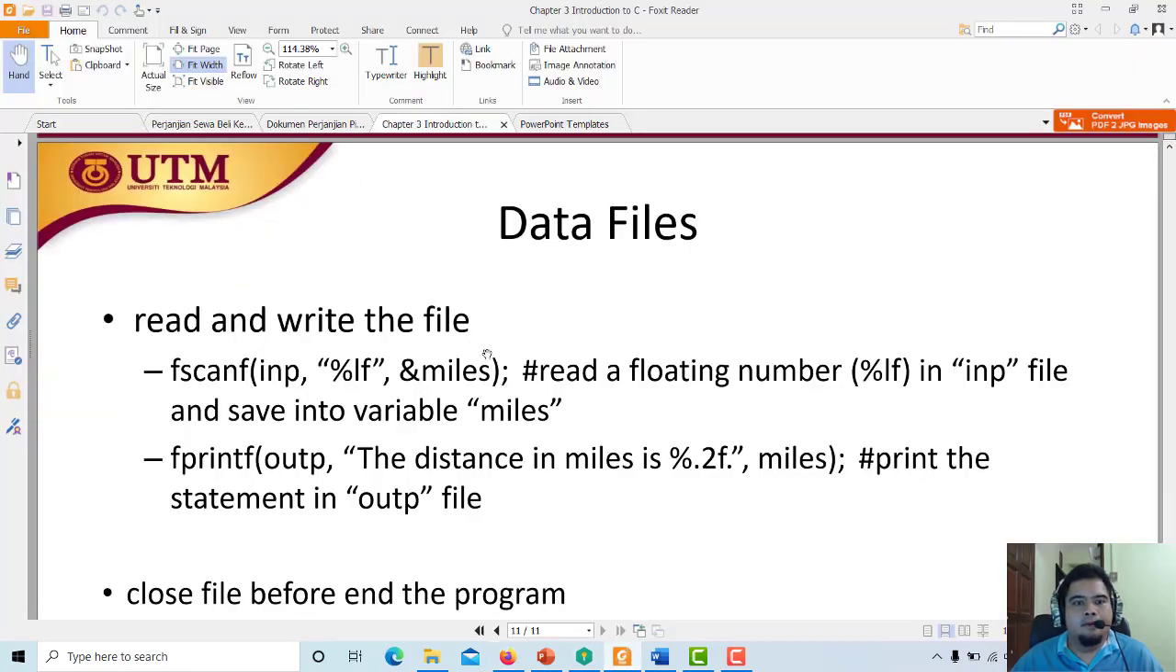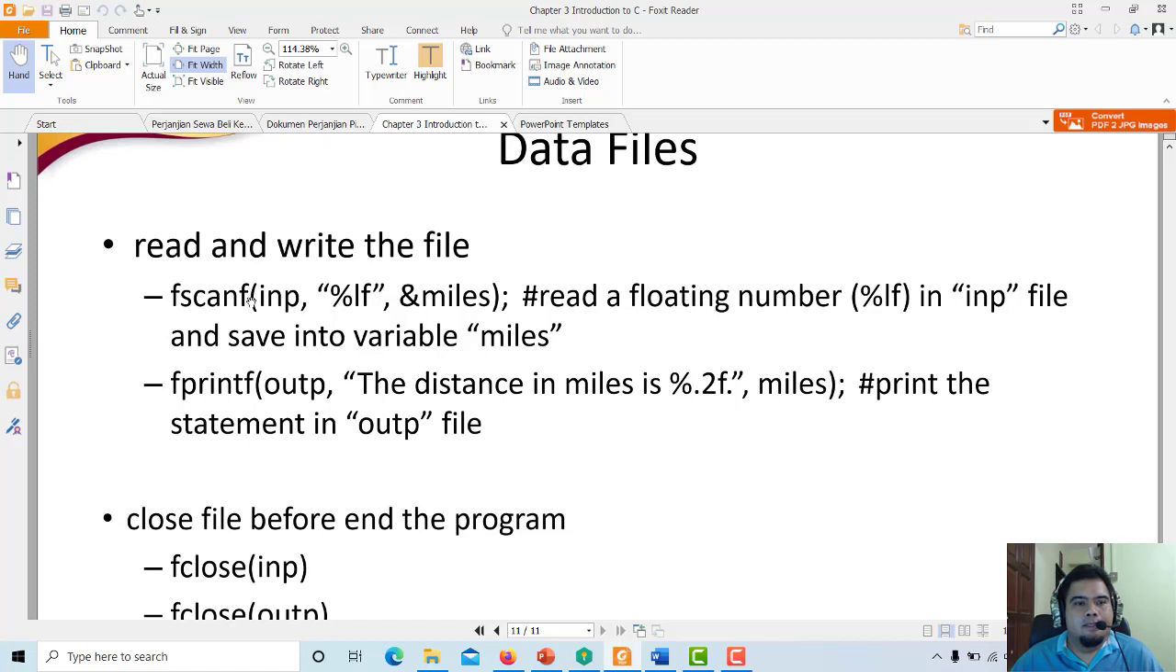Okay, data file. What is a data file? The mechanism is similar. The difference is just the name. Instead of scanf and printf, there's an alphabet F in front of scanf. fscanf, fprintf, meaning that these two functions are used as the input and output for C programming, but now it's not communicating with your screen, but connecting